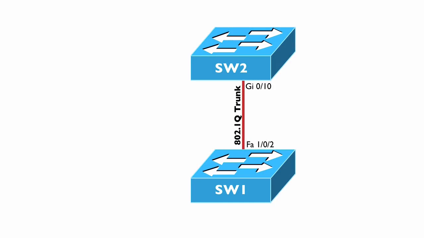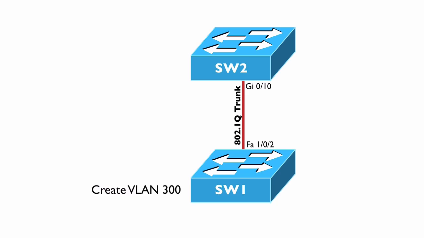Now let's see how to configure VTP. In this example, we want to configure VTP on both switches SW1 and SW2. We've already got a trunk set up between the switches. What we're going to do specifically is create VLAN 300 on SW1, and after VTP is configured, that creation of